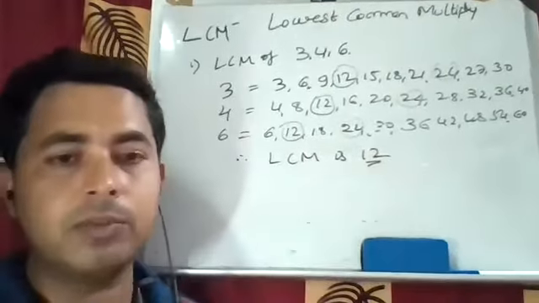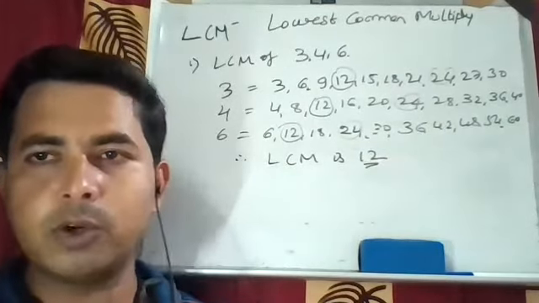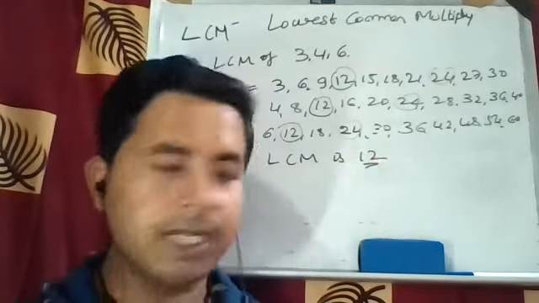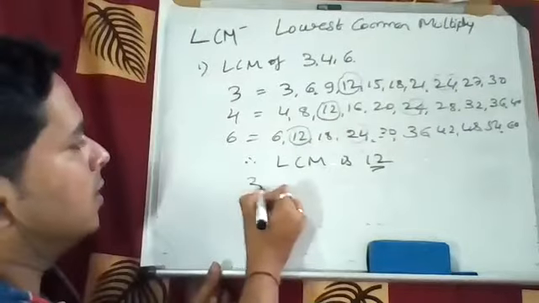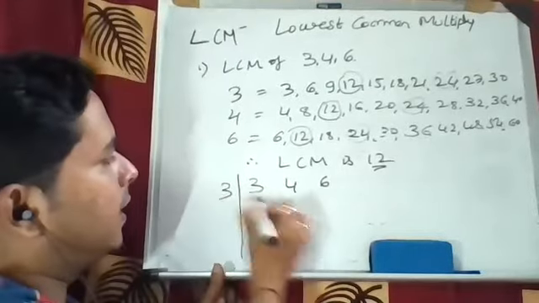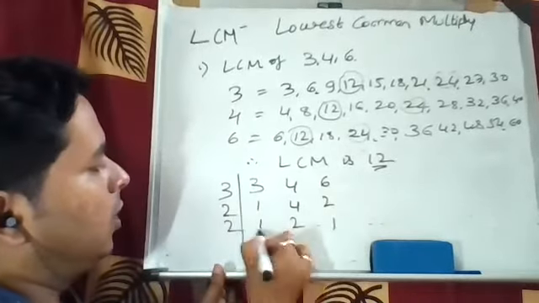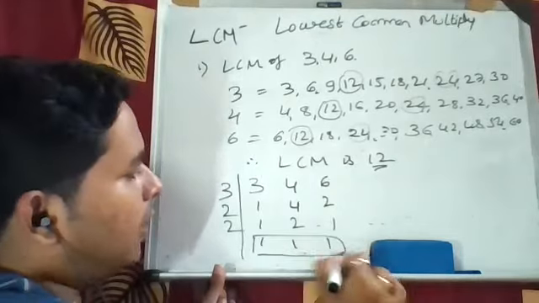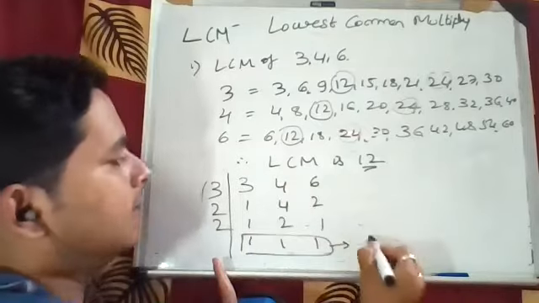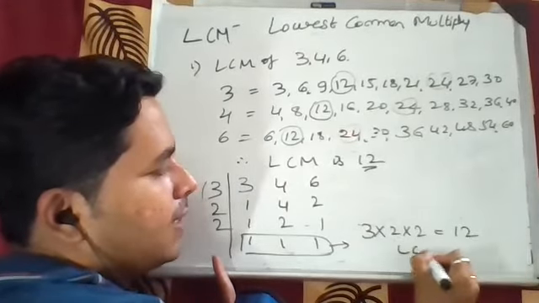So lowest common multiple. Okay. So here the lowest number compared to all the values, 12 is the lowest number. For that reason, your LCM is 12. So this is the normal method. And what was our one method? So if they ask what is the LCM, you have to start with 3, 3 1 ja, 3 2 ja, then 2 1 ja, 2 2 ja, 2 1 ja, again 2 1 1. So here at the last, what has to come? 1 has to come. Okay. So if it reaches 1 at the last, then consider these: 3 into 2 into 2. 4 into 3 is 12. So here your LCM is 12.